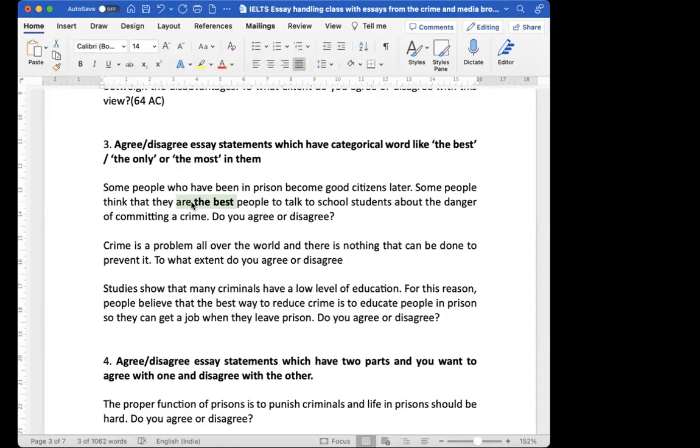You can ask senior police officers, teachers, parents. They are better than these people to tell children about crime. So they are not the best. Other people are better. Got it? They are good, but other people are better. So you have disagreed with a concession. Strong disagree would be कि ये good भी नहीं है. Best तो छोड़ो. They are not even good. इनको तो बुलाना ही नहीं चाहिए स्कूलों में. Okay? That would be strongly disagree. Got it?